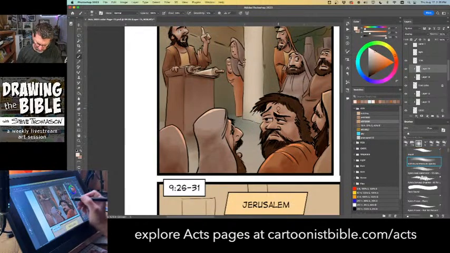And then I'll come in with the airbrush. Just kind of hit it in the highlight spots a little bit more. Okay,